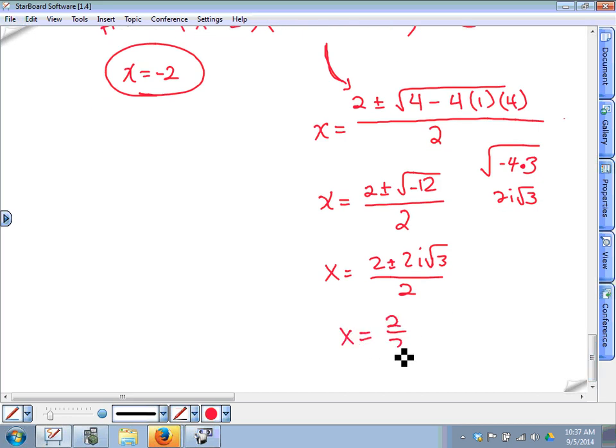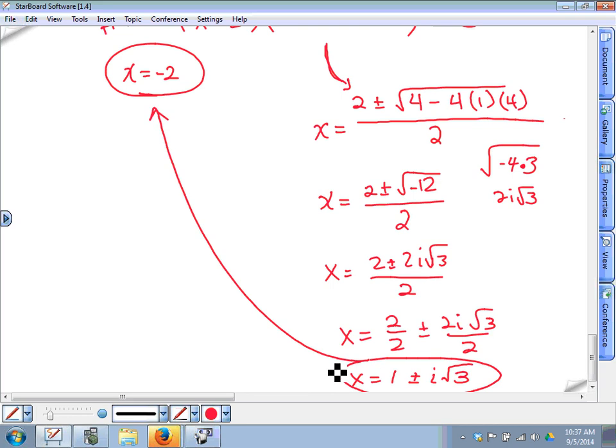So, if you split this up, you get 1 plus or minus i square root of 3. So this combined with that